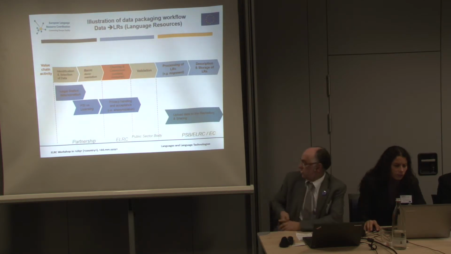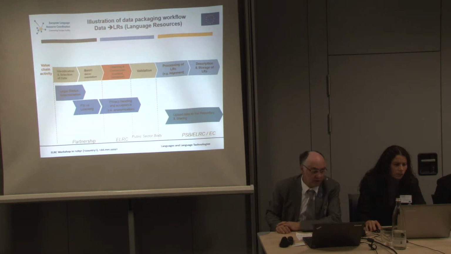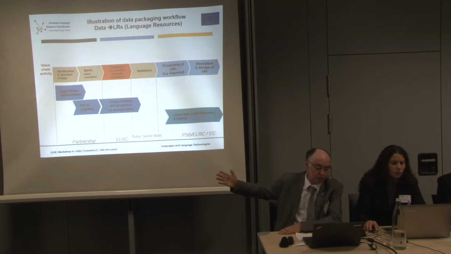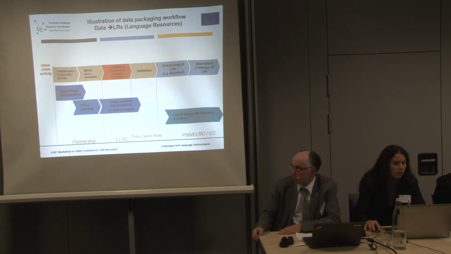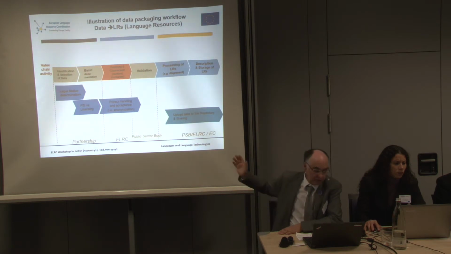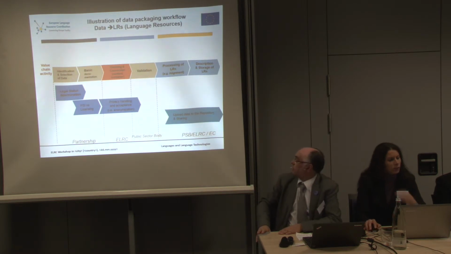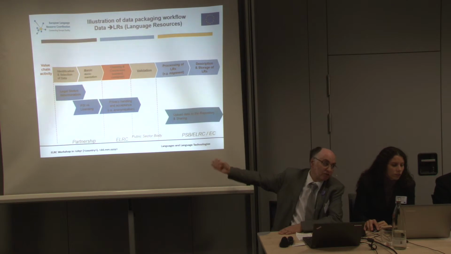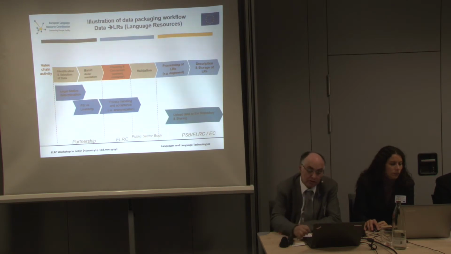So here you can see where we do need the involvement of the different partners. It's clear that identifying the sources is something we cannot do ourselves, because if the idea was just to identify the .gov something, we would have done that, but we would like to go beyond that, and we need to partner with the people that you are inviting to the workshops. And you can see that, for instance, at the end, the public sector bodies will be also involved, the European Commission and the consortium. So this is the workflow that we imagine,